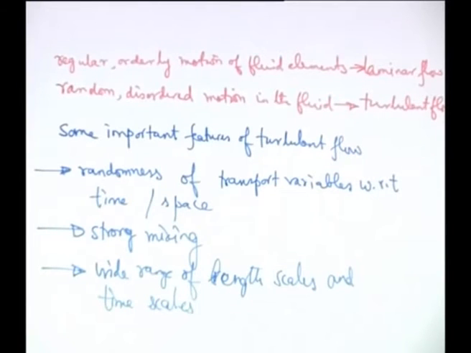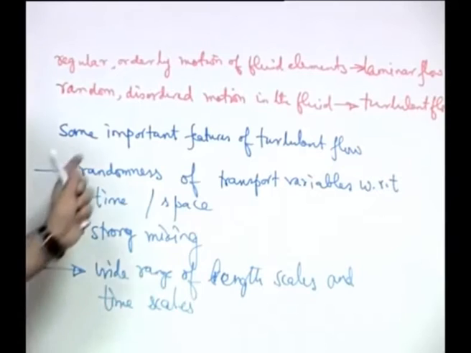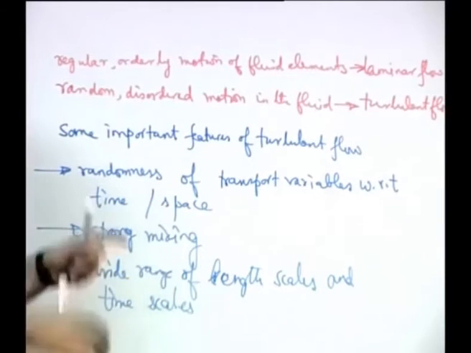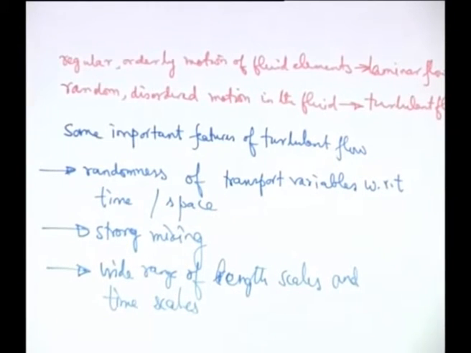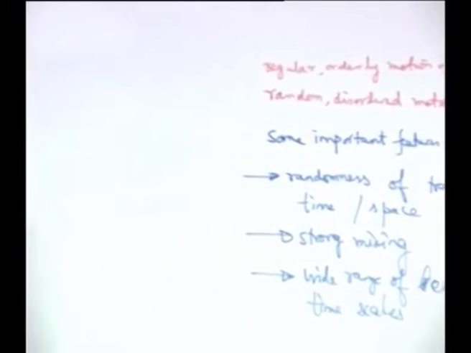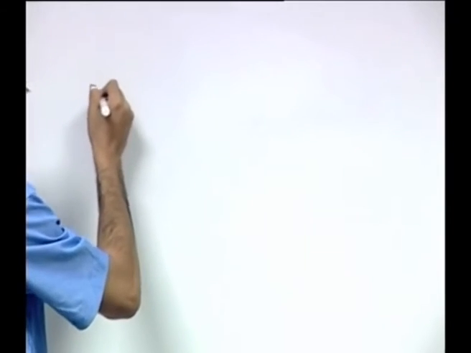To understand what the ranges of these length scales are, for example, and how they pose challenges in terms of representing the turbulent flow through statistical equations, we will see later why statistical treatment is necessary. But even before that, just to appreciate the different length scales and time scales, let us try to identify some of the basic entities in a turbulent flow. So, the basic entities in the turbulent flow are lumps of rotating fluid masses called eddies.